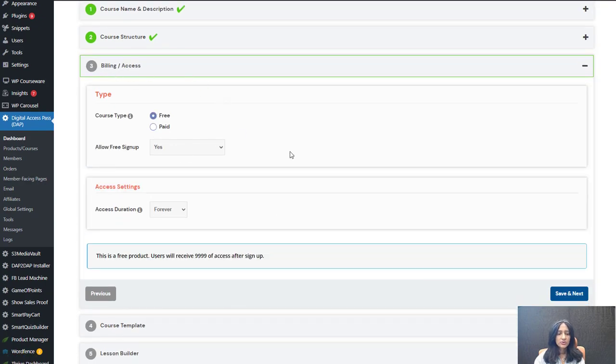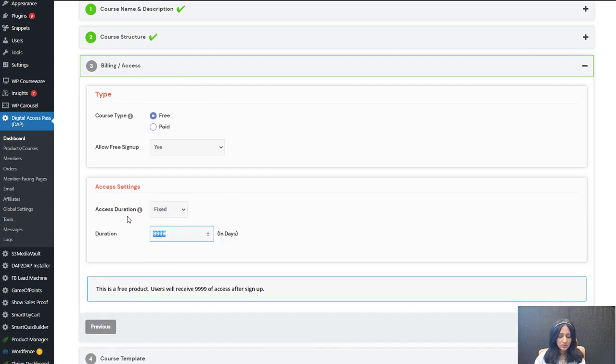So if it's a free course and you want to make it a limited time course, say you want to give them access for 7 days, as I mentioned, if it's a free course, make it a limited time course because it will add a sense of urgency. Now you can easily remind them on each one of the lesson pages that this much time is left for them to complete the course. It will result in people engaging with your course and completing it because they would want to finish it